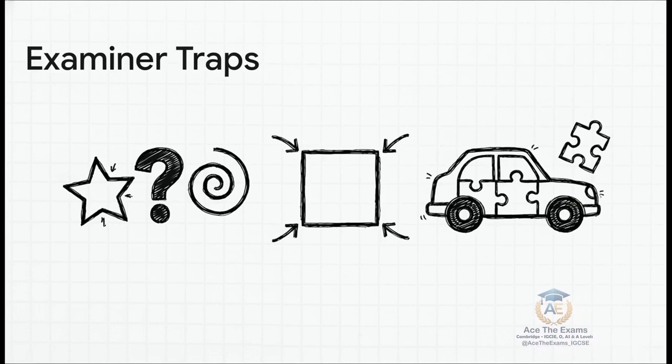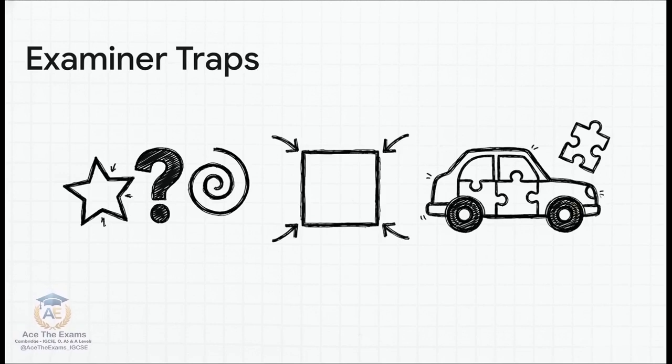Trap number 1, using the wrong formula or algorithm context. This happens when you perfectly memorize a brilliant solution, but you blindly apply it to the wrong problem. For example, treating a complex XOR gate scenario exactly like a NOR gate scenario simply because the printed diagram looked vaguely similar when you were rushing.